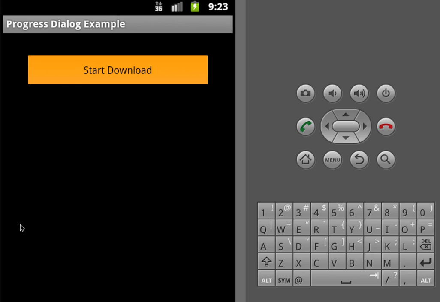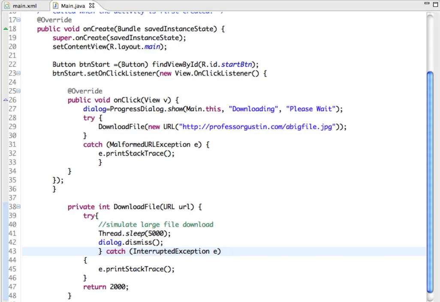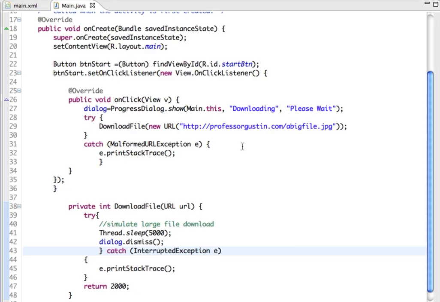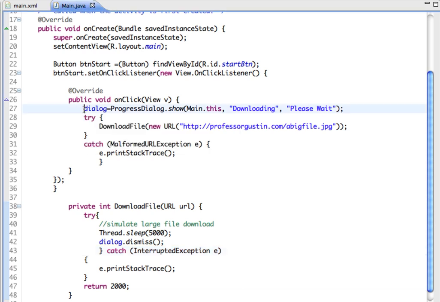No dialog displaying, but this does stay selected for about 5 seconds. So what's going on? What's not working? If I come back here, I don't have any errors. Okay, let's consider the logic behind this. What we're doing is we're bringing this to the foreground, and then we're also telling it on the same thread to download this file. So in essence, we're telling it to do 2 things at once. Now, we don't want to display it and then take it off right away. We don't want it to be dismissed until after this is